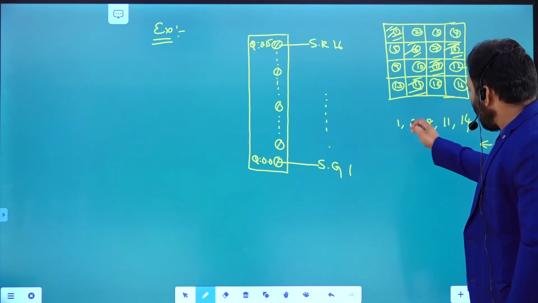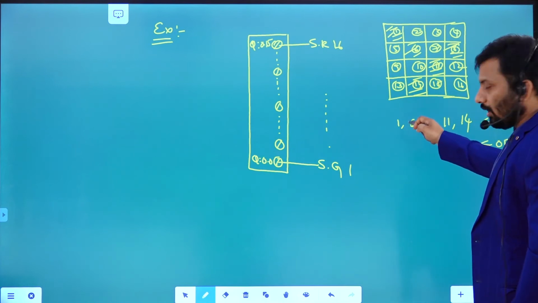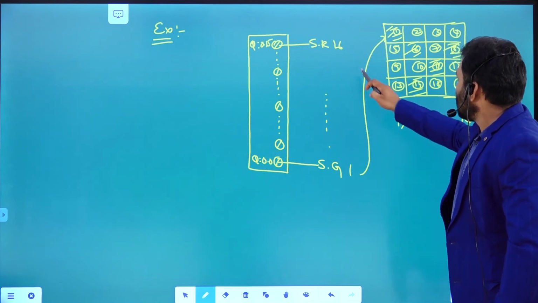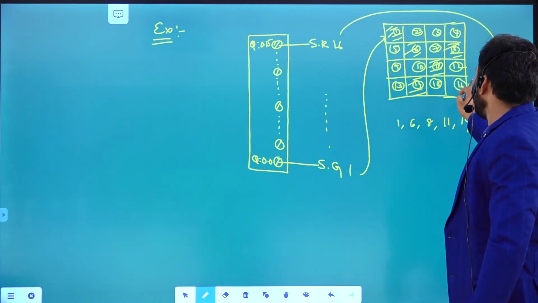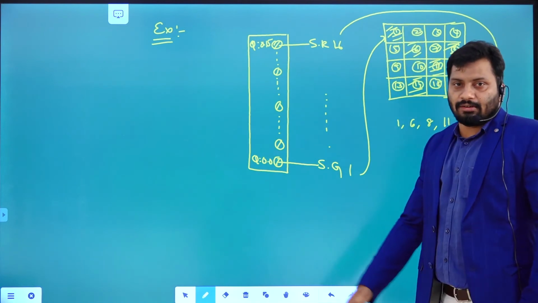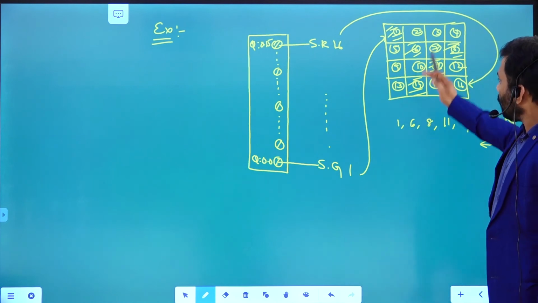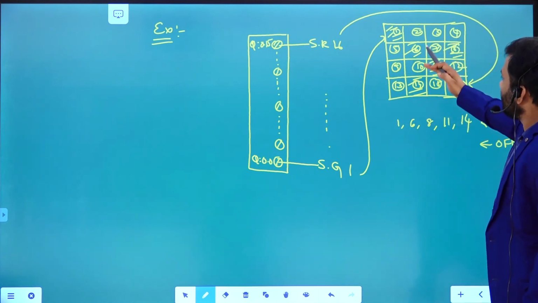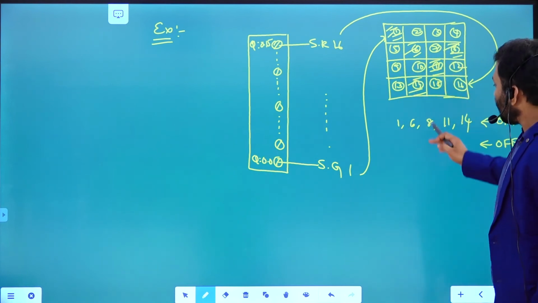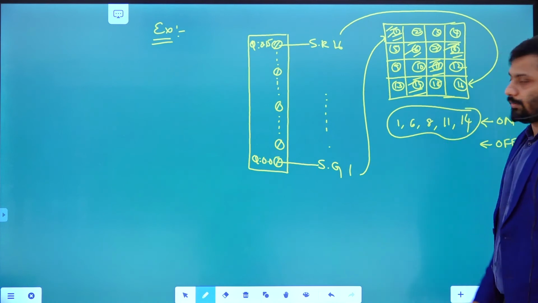Spray gun 1 is going to be connected over here, spray gun 16 is going to be connected over here, like that. Based on this requirement, I want to turn on the guns connected to these particular terminals.